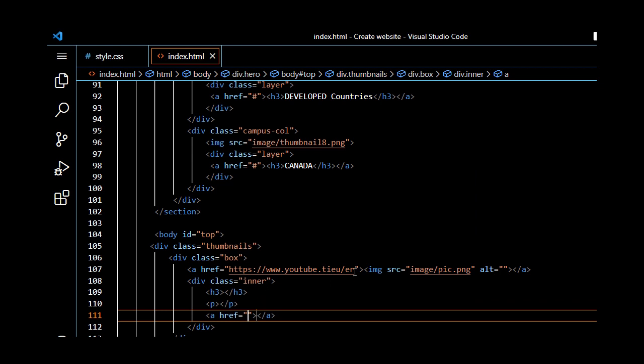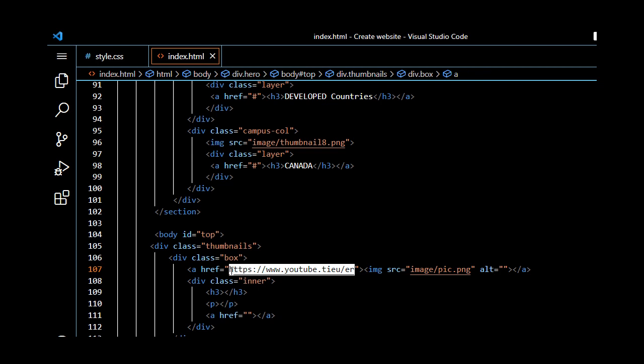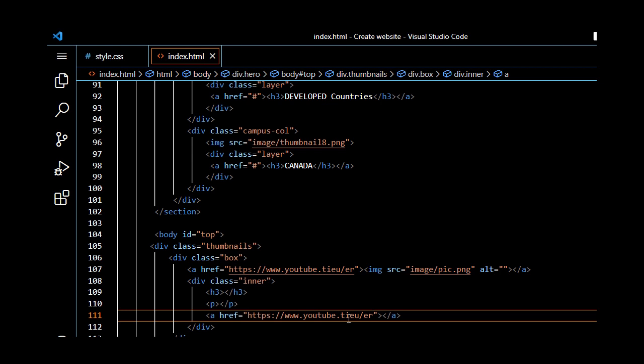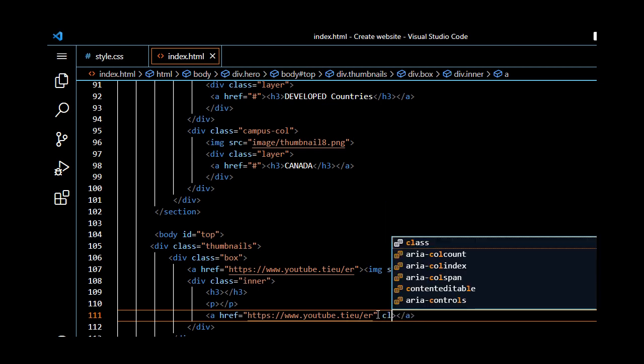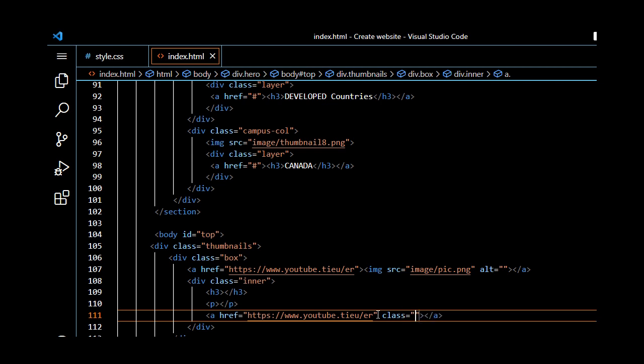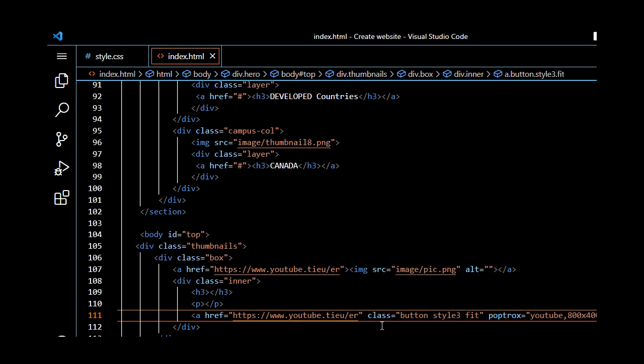We can copy this one right here and we can paste right here, and then we can write down a button, style as button. Like this one, class should be button,